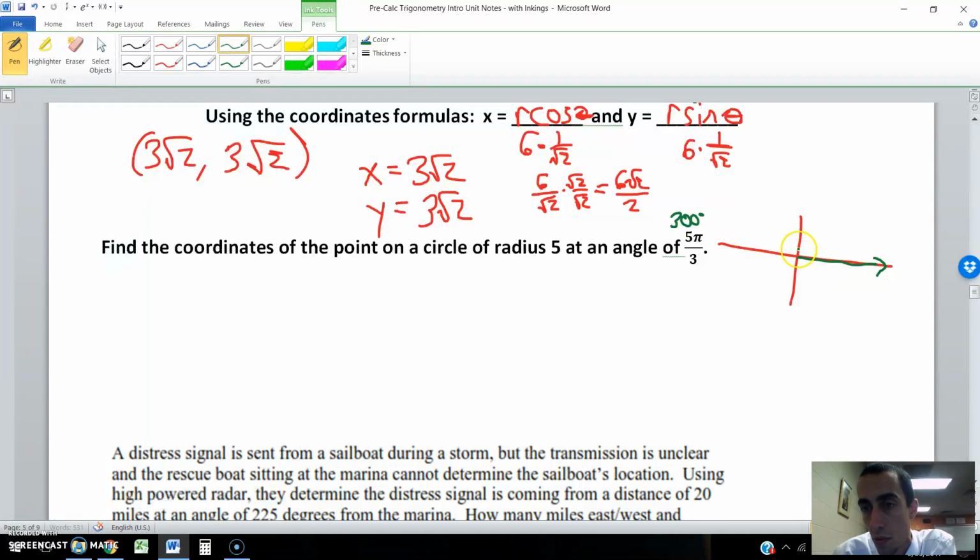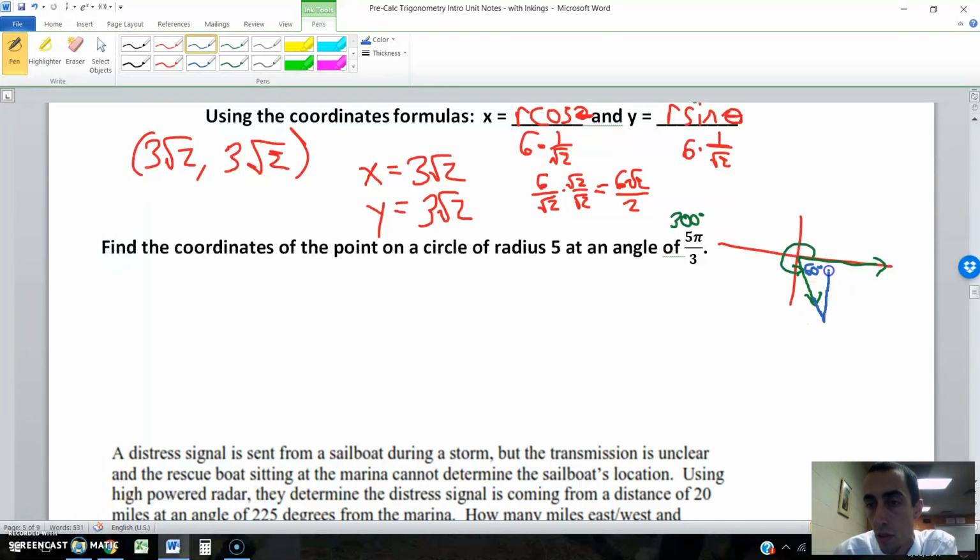And so we'll go past 90, past 180, past 270, 30 degrees past 270, and this is going to be our 5 pi over 3. Our reference angle then is going to be a 60 degree angle, taking us from the terminal side up to the x-axis. So our triangle then will be a 30, 60, 90,